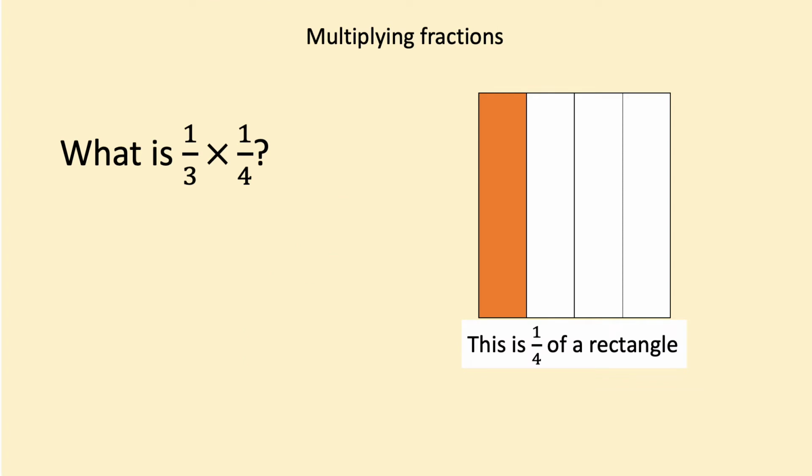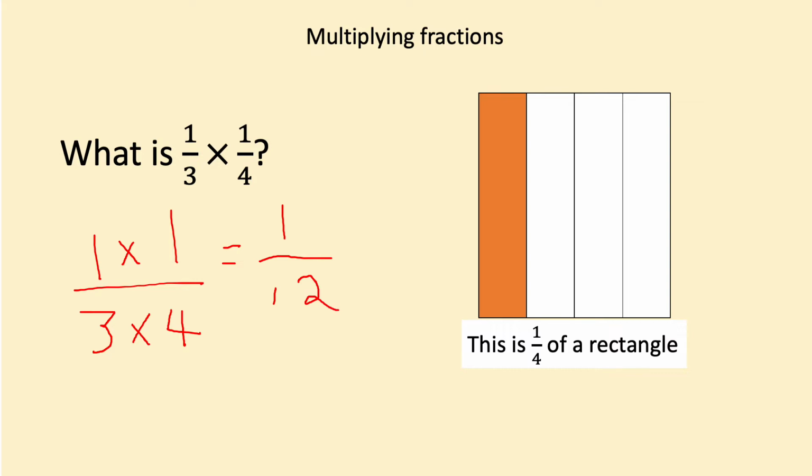Okay, next one, multiplying fractions. What is 1/3 times 1/4? Now, when we multiply a fraction by a fraction, all I do is multiply the numerators together and multiply the denominators together. So nice and easy. 1 times 1 is 1, and 3 times 4 is 12. So the answer becomes